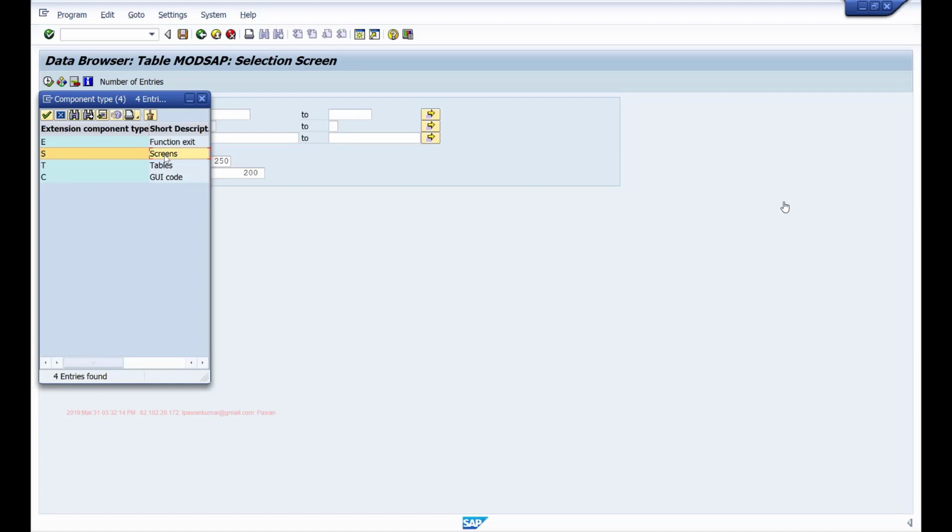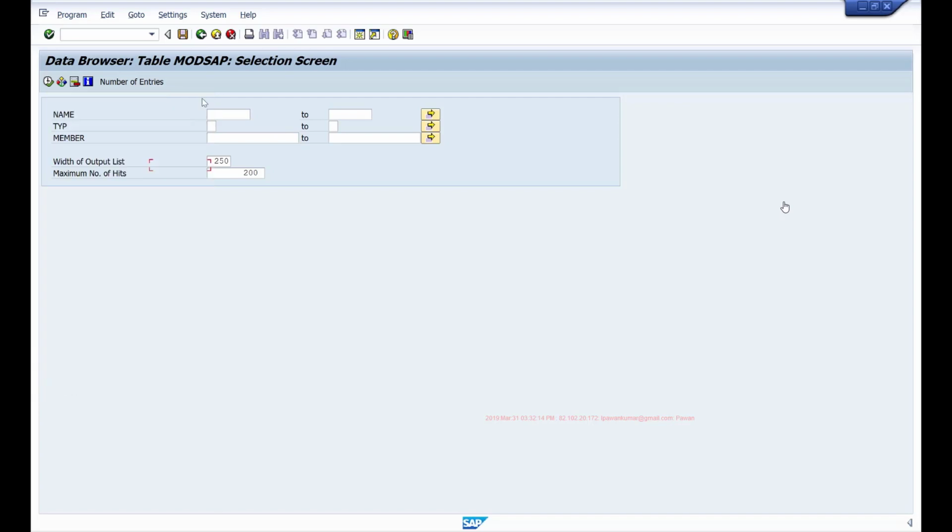If you take this billing document as an example, then all the data will be saved in these VBRK and VBRP tables. So if SAP is providing a screen enhancement to enhance this billing document transaction, then they'll also provide one include structure in the respective tables where you can add those fields. So whatever data the user inputs on the screen will be saved in those extra fields that you'll be adding to that standard table. So that is this tables enhancement. We'll see when we implement the screen exit how you can use this tables enhancement to add your extra fields to the standard SAP tables.